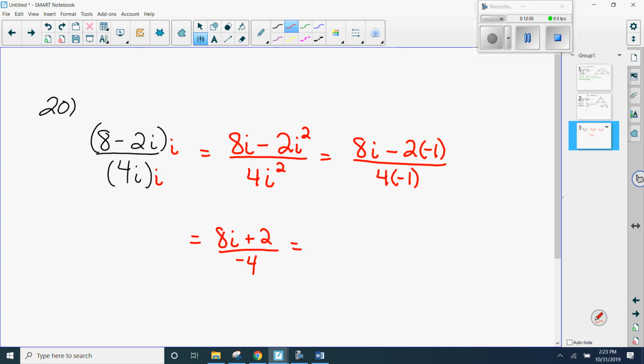All you have wrong is the sign. Because the first term is going to be 8i over -4, and the second one is going to be 2 over -4, which gives you -2i minus 1/2, or -1/2